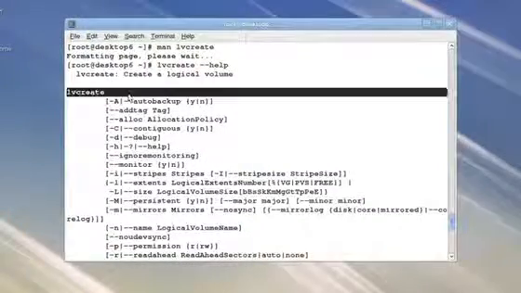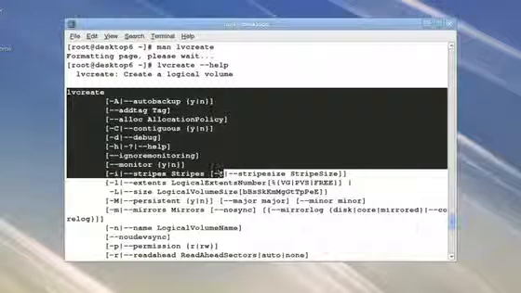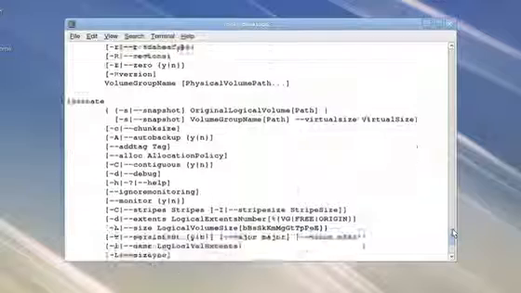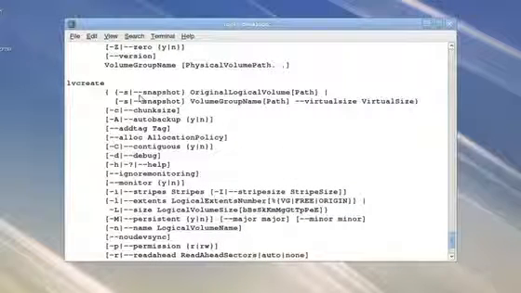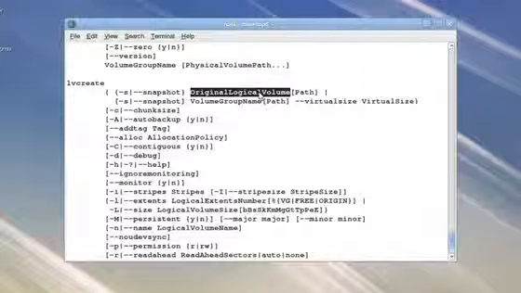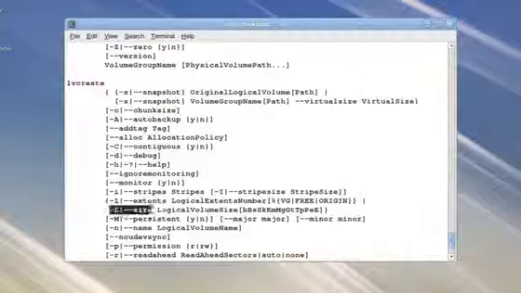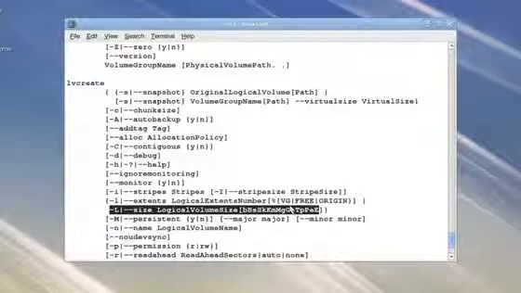One is just to create normal logical volumes, as I have done. The other, however, is that if you invoke it with a -s or a --snapshot, you are specifying that the new logical volume you're creating should be a snapshot of an already existing volume. You then specify the path to the volume that you would like to snapshot. You then specify the size that you would like your new snapshot to be, and this is what involves a